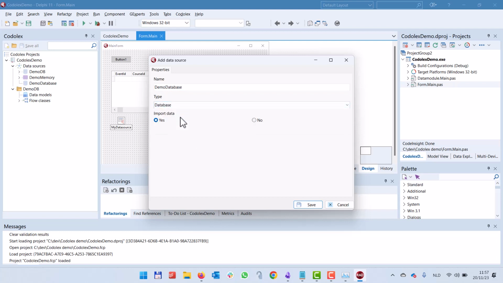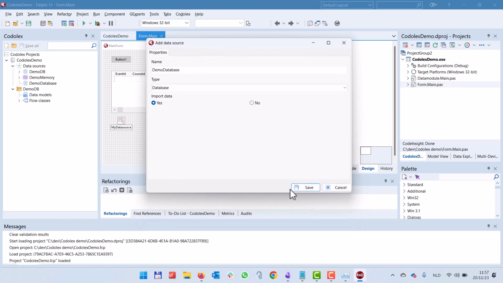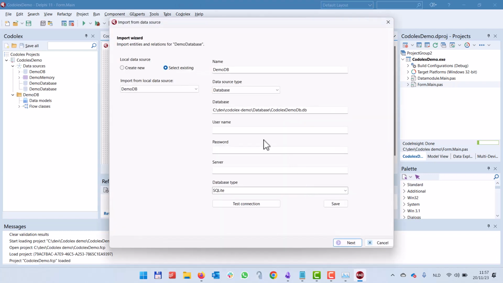I select here the type data source. I want to import my data. And in the next screen, I can select if I want to create a new or use an existing local data source. So the difference between the data sources in Codolex and a local data source is that the